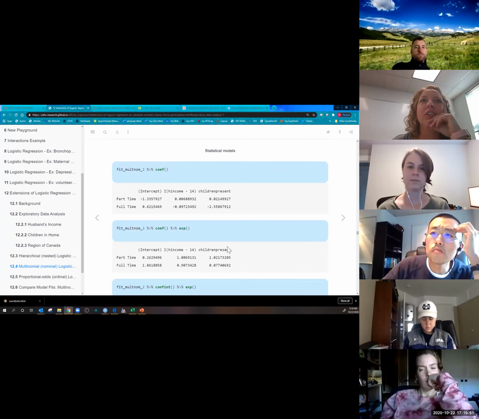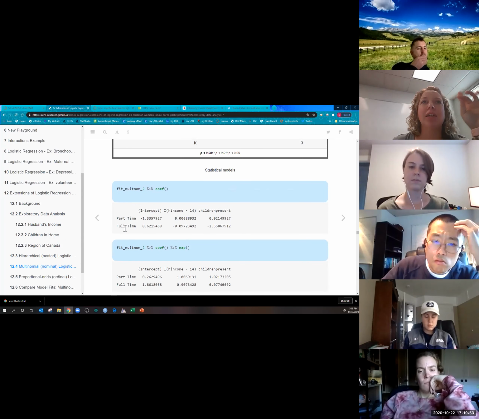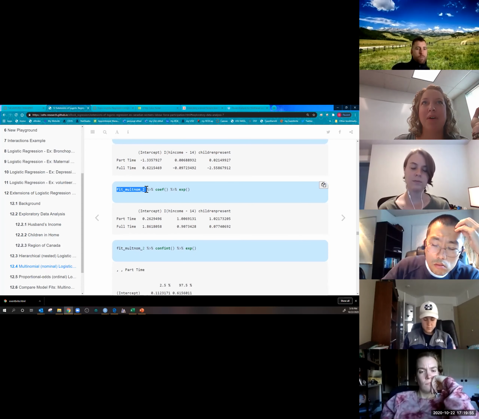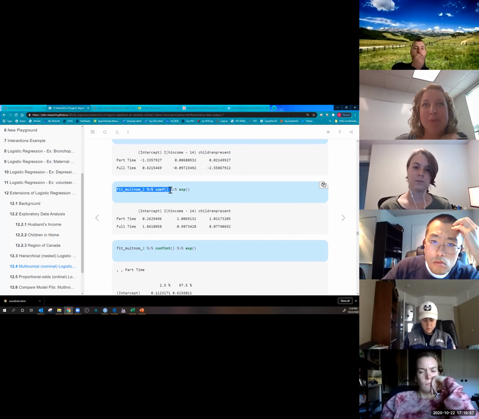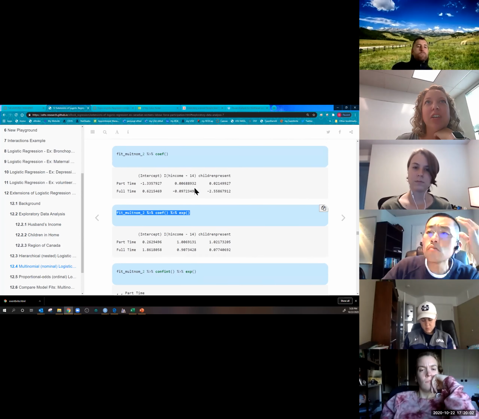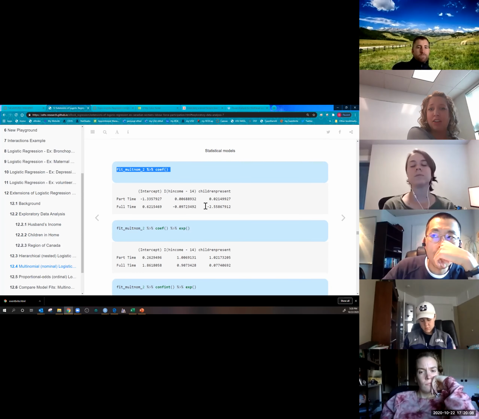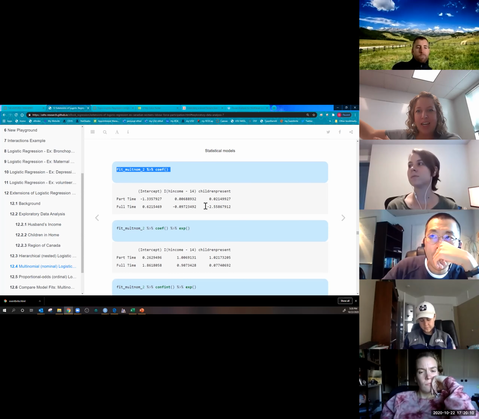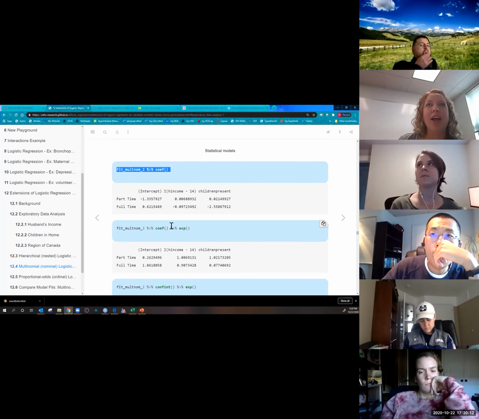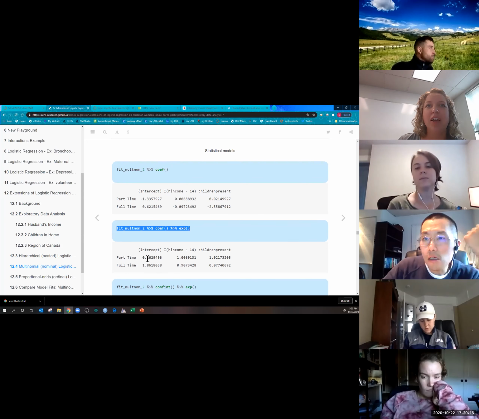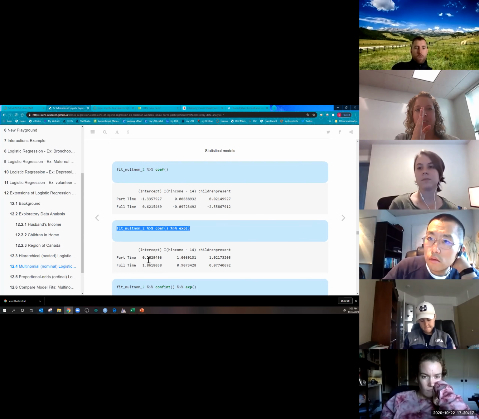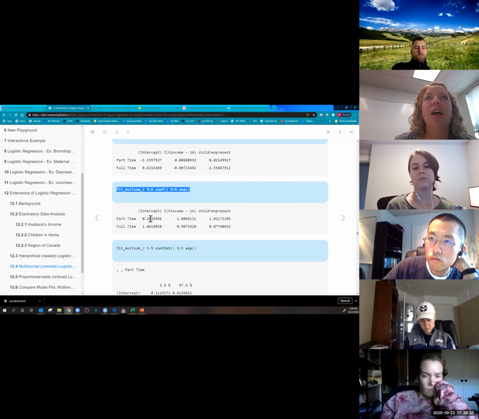So you have to get the exponentiated betas, you have to say the name of the model, pipe coefficient, and then pipe exponentiate. So here is the set of the regular coefficients. And these are on the logit scale, so they can be positive, a huge number, all the way up to negative, a big number. But when you exponentiate, they're always going to be around 0 to 1 or 1 and up. So let's see if we can interpret these.